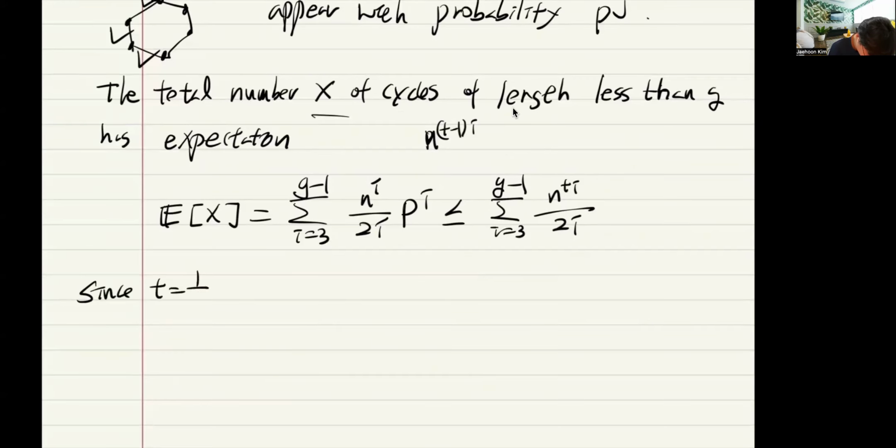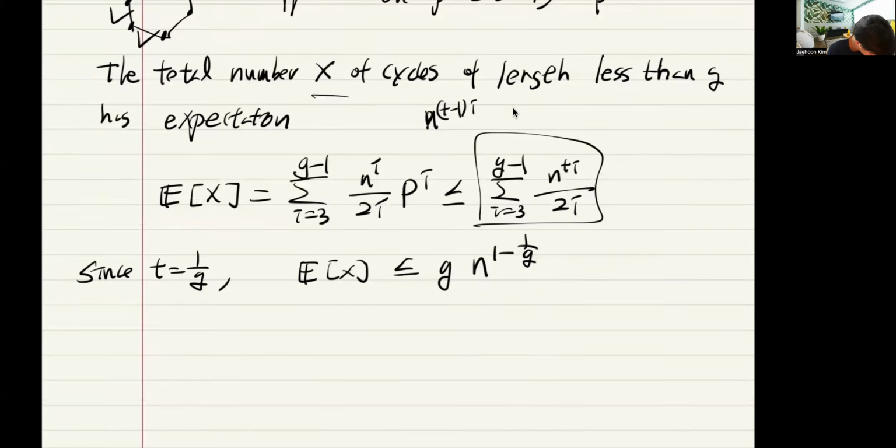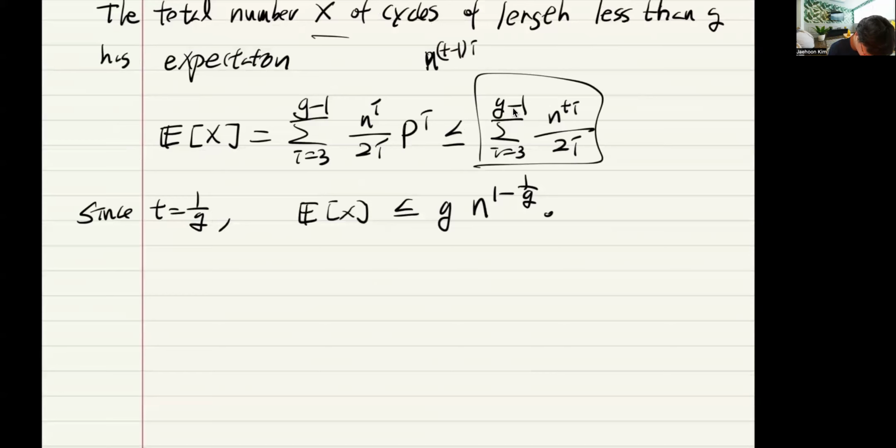Since this t is 1 over g, what do we know? So this is at most g terms, and each one of them is at most n to the 1 over g. So what do you know? By using this Markov,